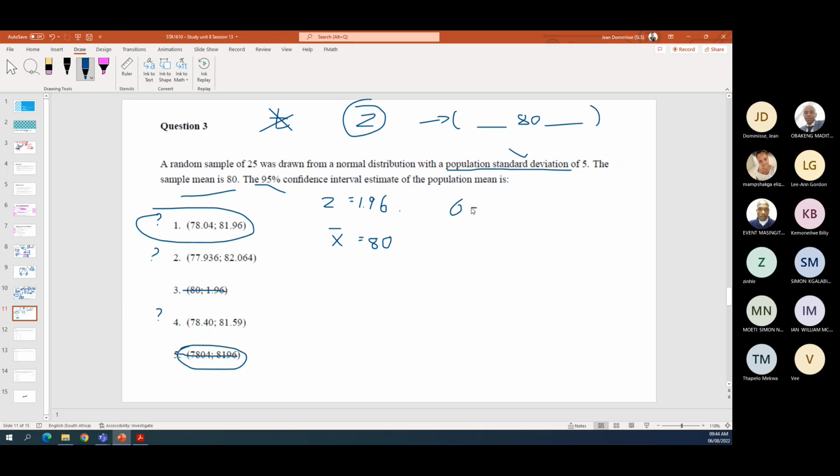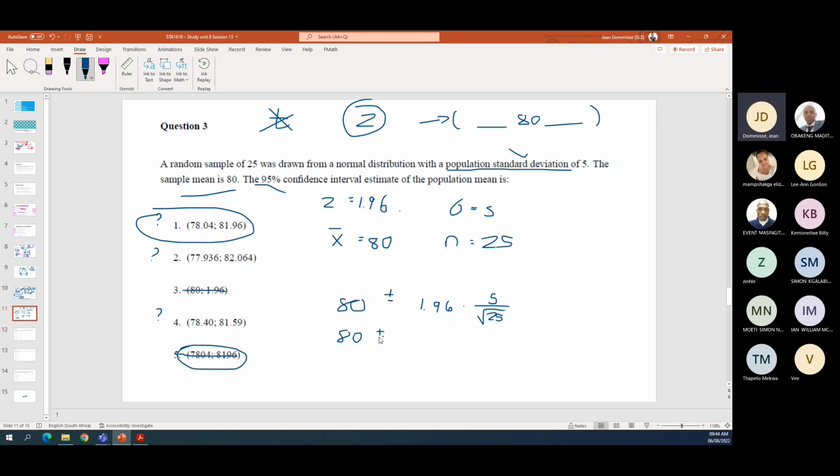We've got the standard deviation of 5, and what do we need? N is your sample of 25. Okay, so we've got 80 plus minus 1.96, and then times the standard deviation, which is 5 divided by the square root of 25. Square root of 25 is 5, so it is actually